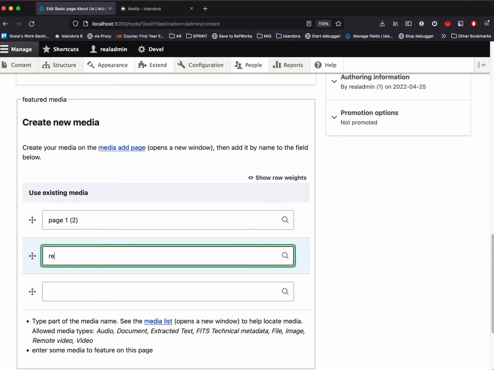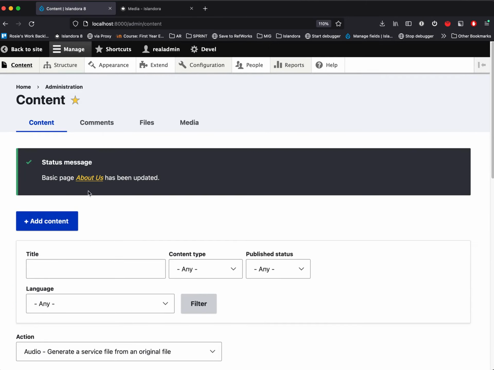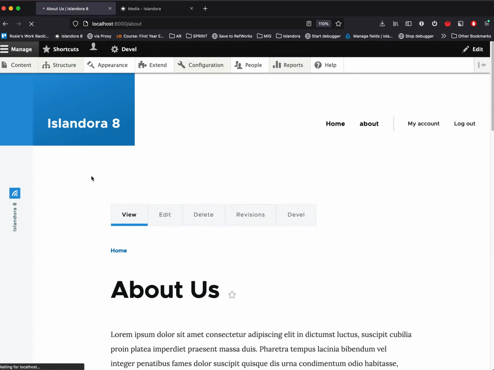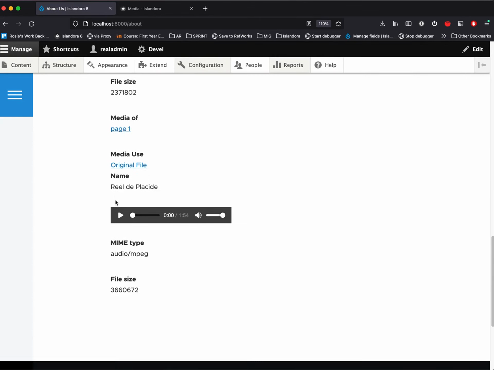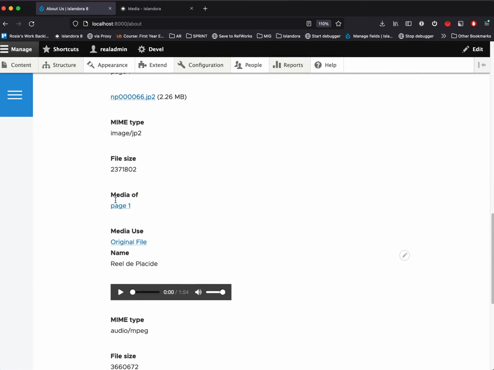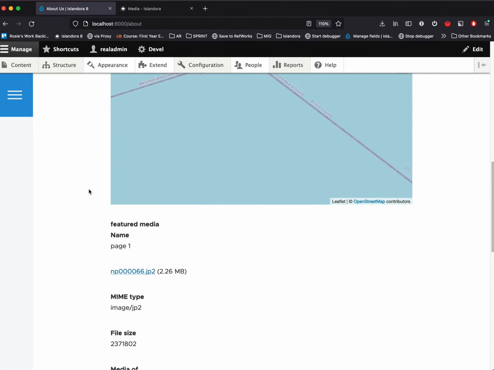I'll add a couple different media, save that, and go back to the node to see the new media. On the refreshed About Us page, everything below the map is these new media, but they're showing the full media as a rendered entity. I think I want to see a more streamlined view. Luckily, like content types, media also have view modes, so I'll tell Basic Page to render its media using a